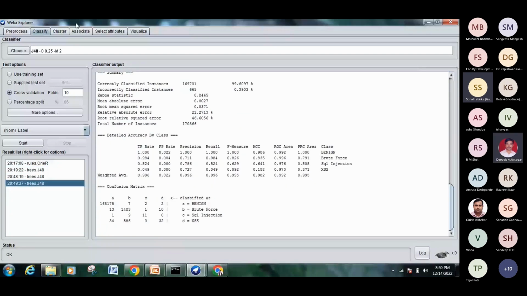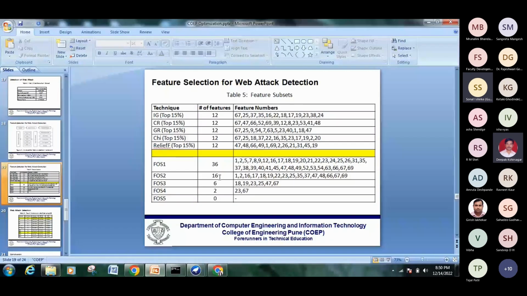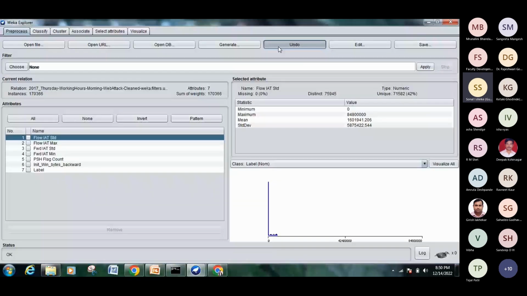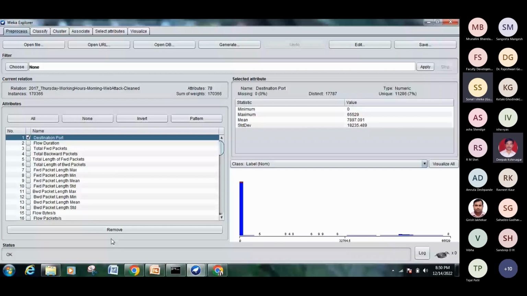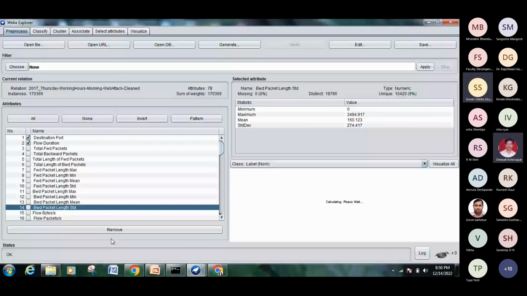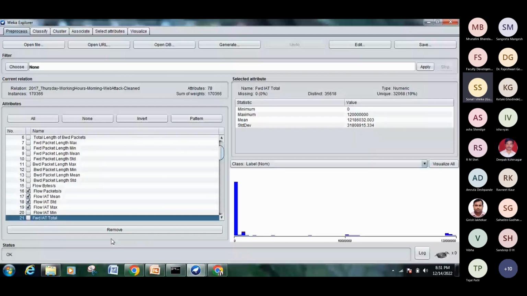This is FOS2 with 16 features. Whatever features we obtained, we will select those and check the experimentation. Again undo, and the original feature set comes up. Here we have to select the 16 features: feature number 1, 2, 10, 16, 17, 18, 19, 22, 23, 25,